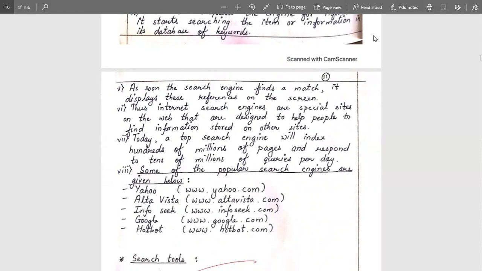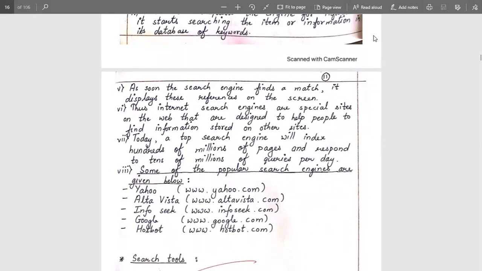Thus, we can say internet search engines are special sites on the web that are designed to help people find information stored on other sites.